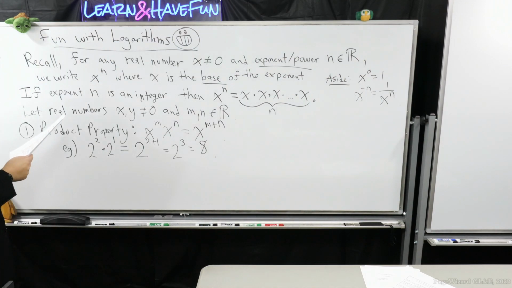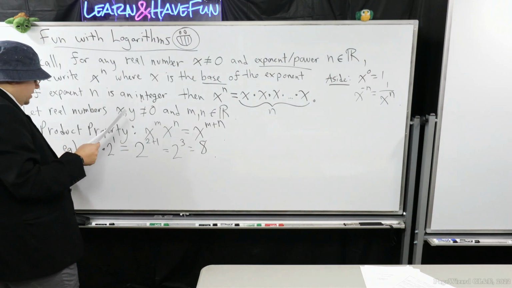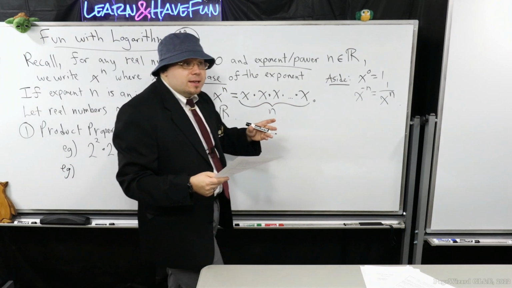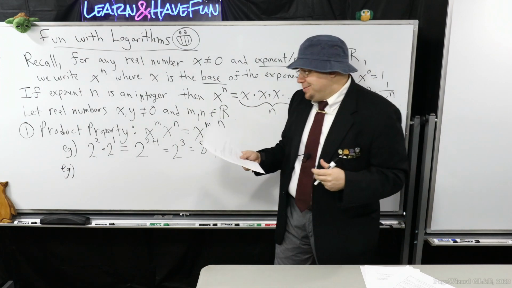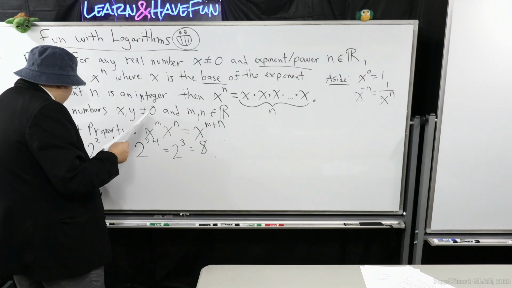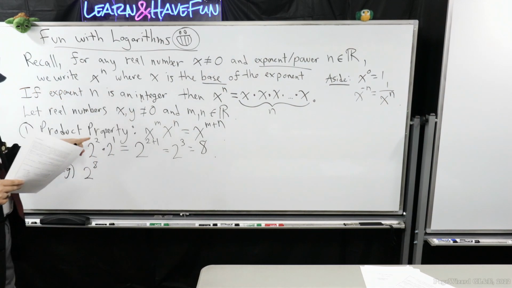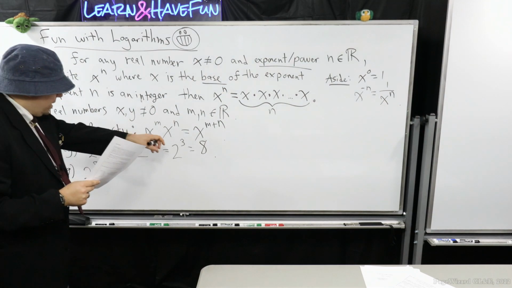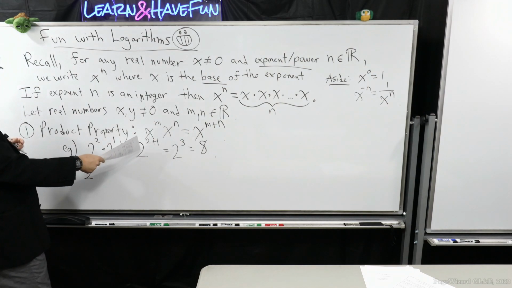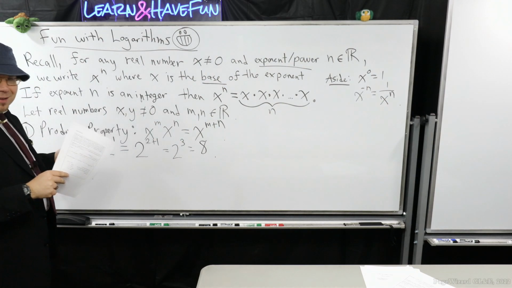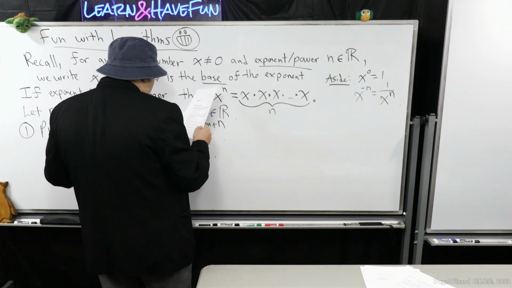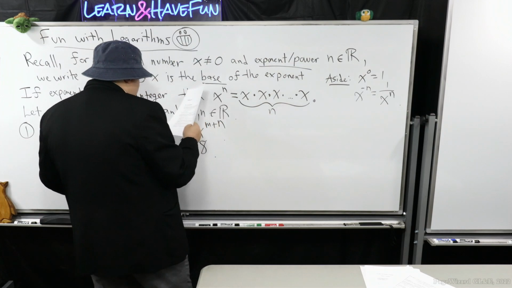But you can also use it in a different way too. If I have a larger exponent, I can decompose the number into multiple terms using this property. So it doesn't just go in one direction. You can unwind this. If I know 2 cubed, well, 2 cubed is the same as writing 2 to the power of 2 plus 1. So I can do the same thing here. For example, if I have 2 to the power of 8, if I want to do a simpler calculation of what 2 to the power of 8 is,